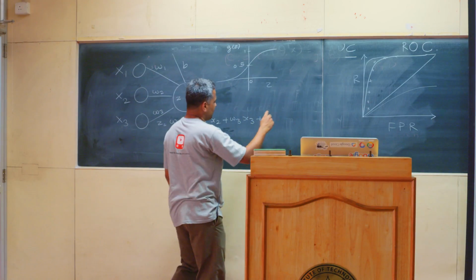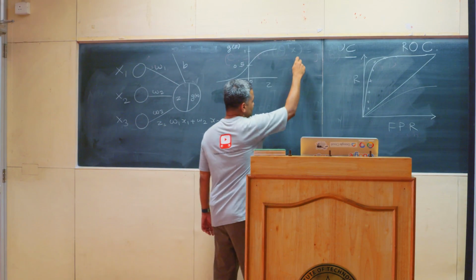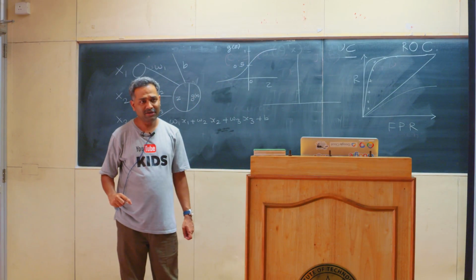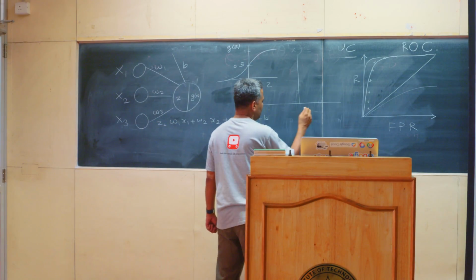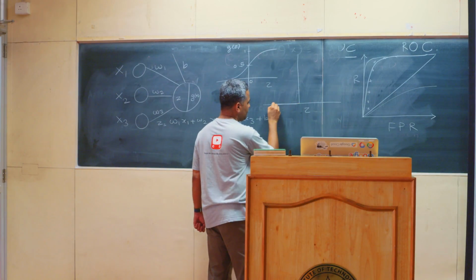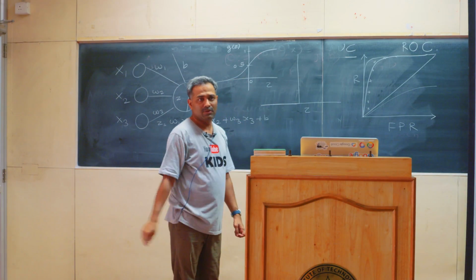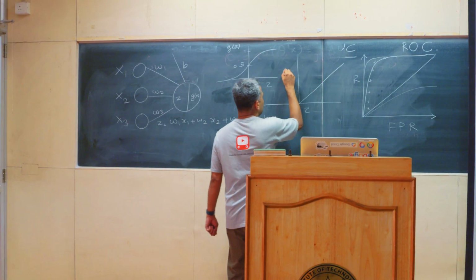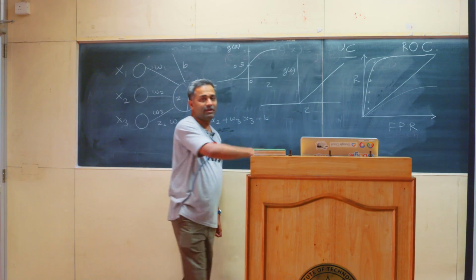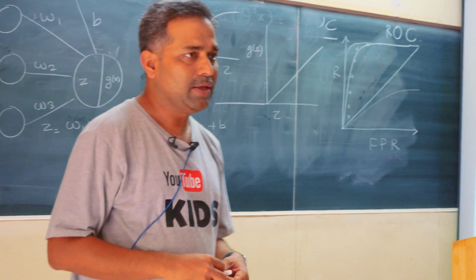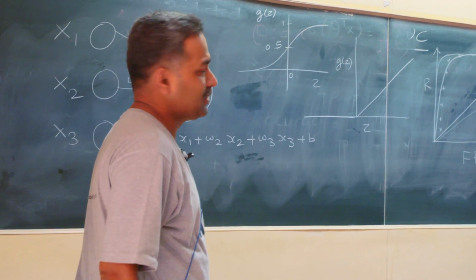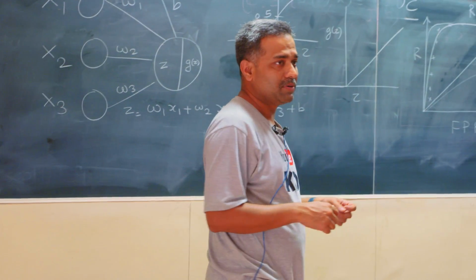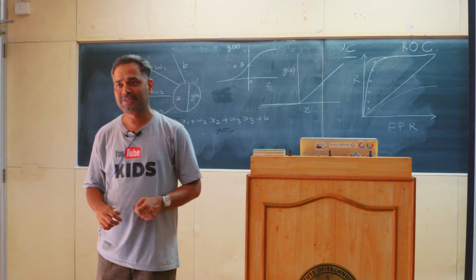Another one, which is mostly used, is the ReLU activation function, rectified linear unit. So this is your Z. ReLU is 0 for all the negative values, and then it linearly goes up like this. This is another activation unit. There are a bunch of other activation units like tanh, softmax, whatever. Got the basic unit.